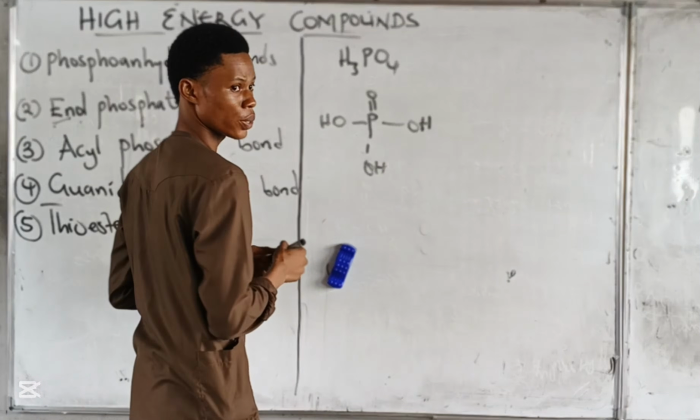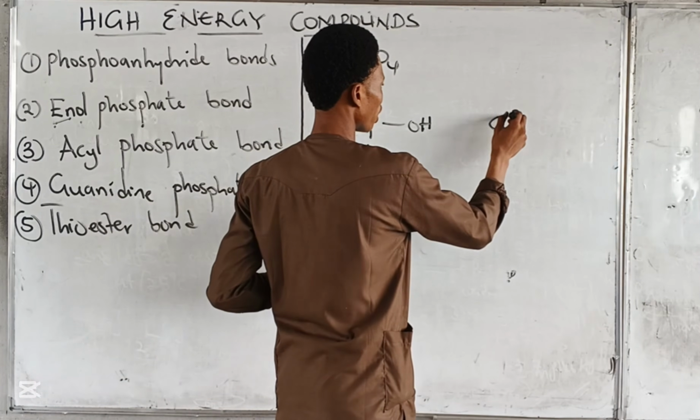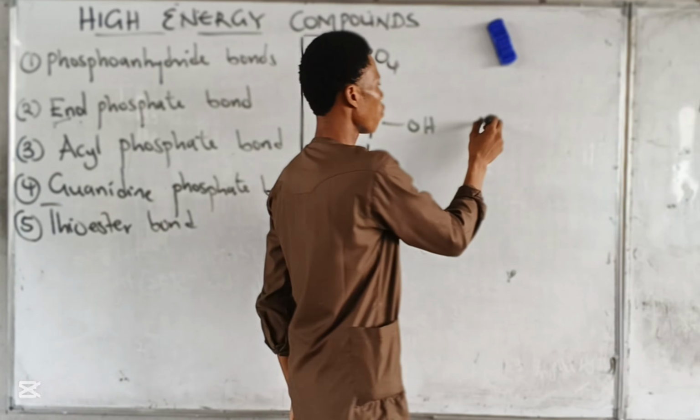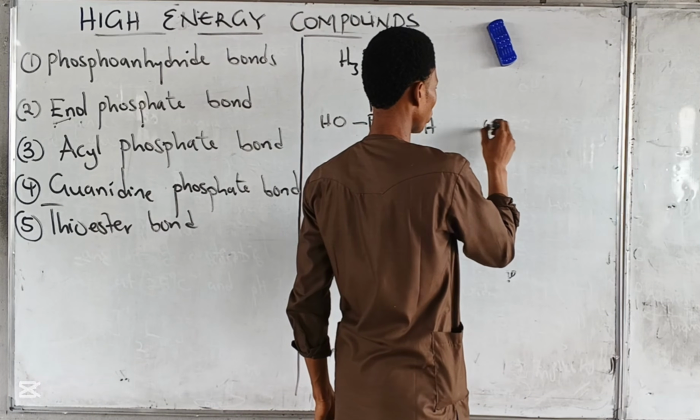This is my phosphate group, right? Now, if I have something like acid, this is it. This is the structure of phosphoric acid. Now, if we have an enol,